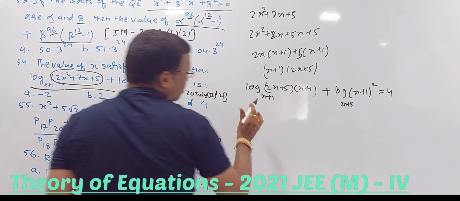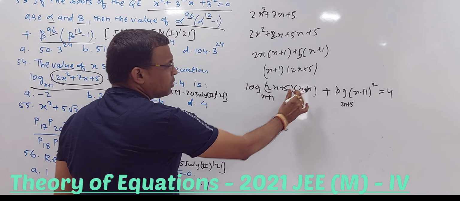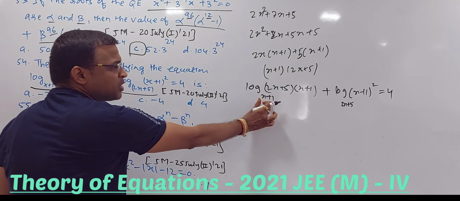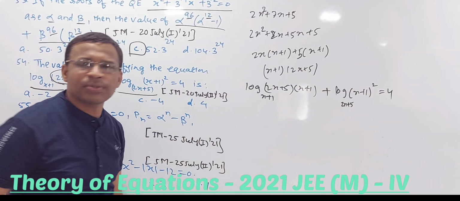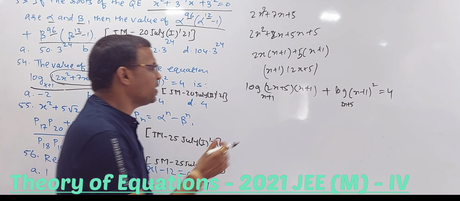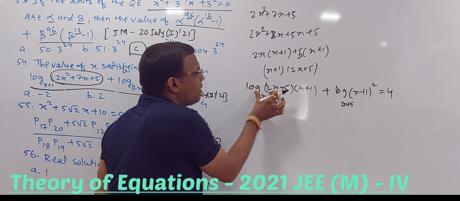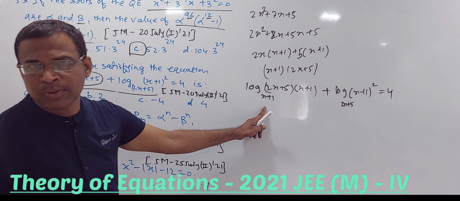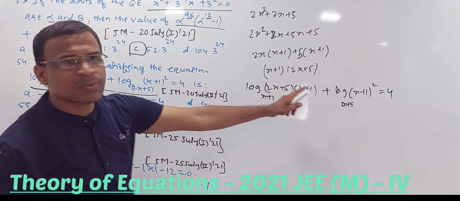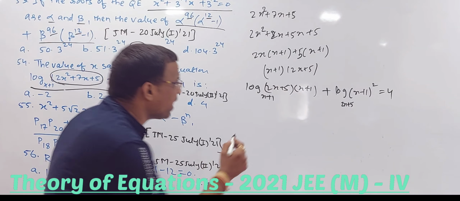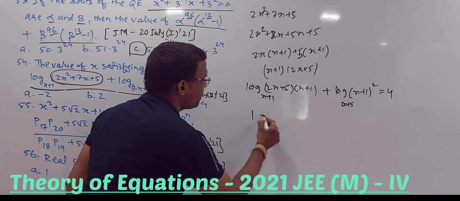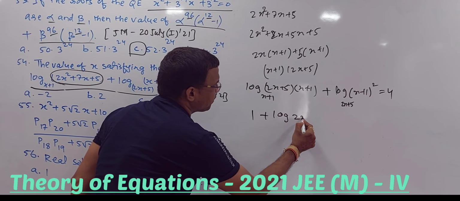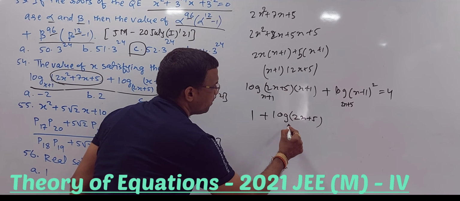Fine. So it is like log mn to the base c, x plus 1 is manageable. So log mn is log m plus log n. So I can distribute as log m plus log n. So that will be log of x plus 1 to the base x plus 1, which is 1. Log of x plus 1 to the base x plus 1 is 1. So I can just write it down: 1 plus log of 2x plus 5 to the base x plus 1,